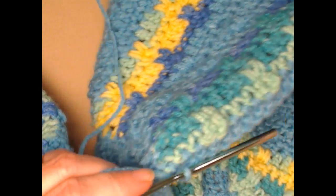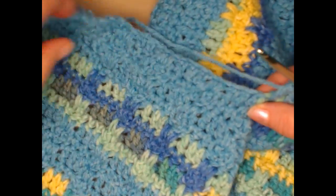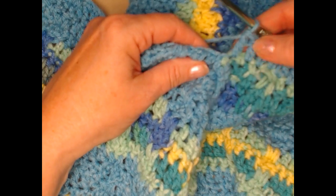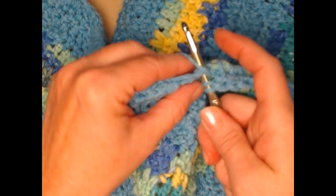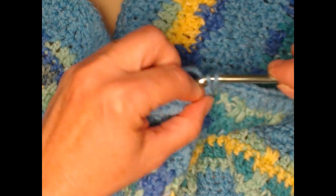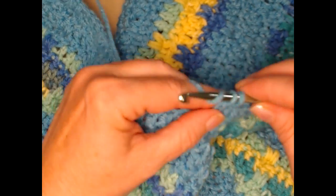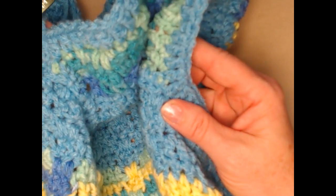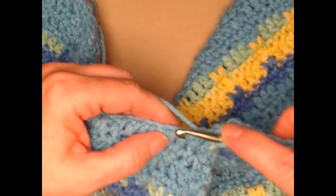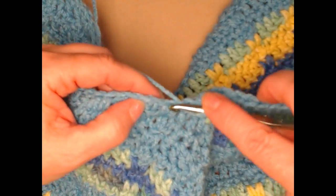I've completed the stitching around the edge of the hood, and now I'm going to stitch across the left side of the blanket. So here's my last stitch, and I'm just going to start right in that first stitch. So we have a nice smooth move from the hood to the blanket like we did on this side. And I'll just continue working across till I reach that corner